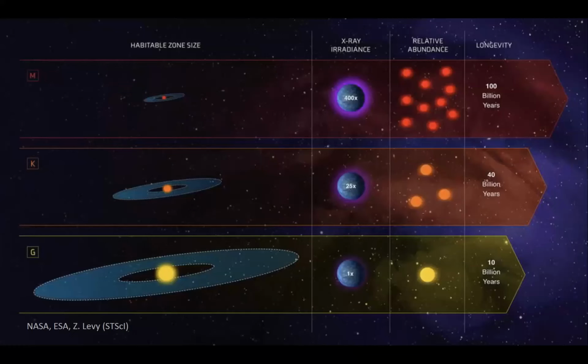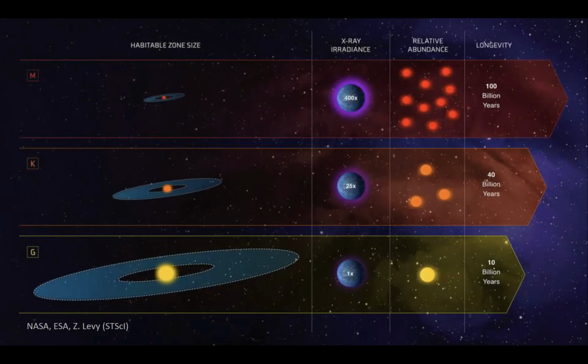So in addition to that, we're all familiar with our G star sun and our own habitability. I'm showing you here K-type and M-type stars, and I'm showing you how much their X-ray radiation, their habitable zones, and the relative number of those stars change as you go through these different scales. So if you're in a K star, your habitable zone is a little bit smaller. And so you're experiencing a lot more of that X-ray radiation, 25 times as much. And there's maybe like 3 times more K stars than there are G stars in the studies that we're thinking about.